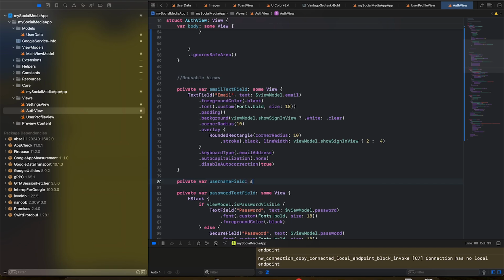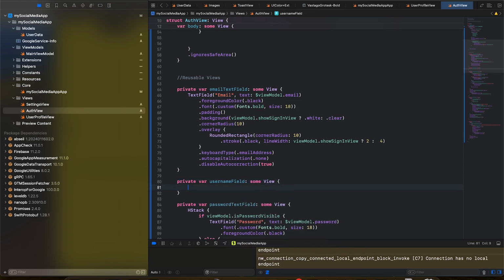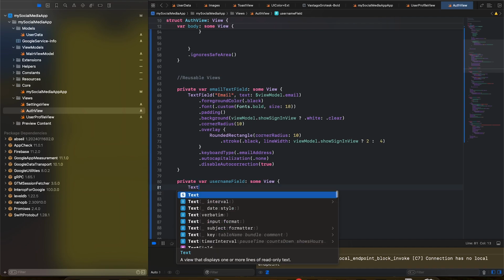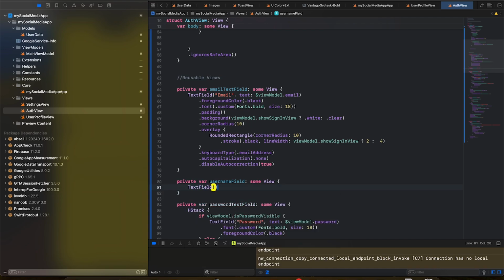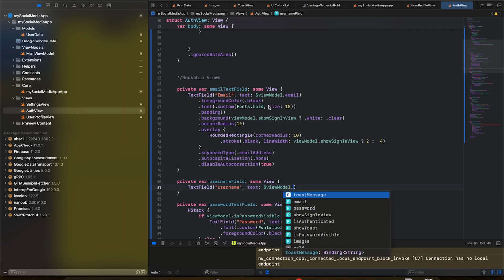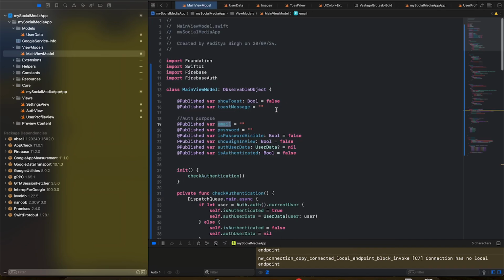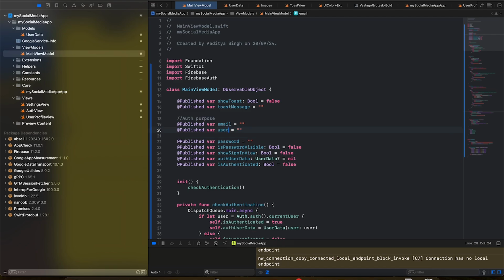Now what we can do is it would conform to the type some view, open the curly braces, and add a text field here. This text field would contain username, and the text property would be a binding with the class viewModel dot. I don't think we have a username yet. So how about we copy this out, paste it here, call it username,